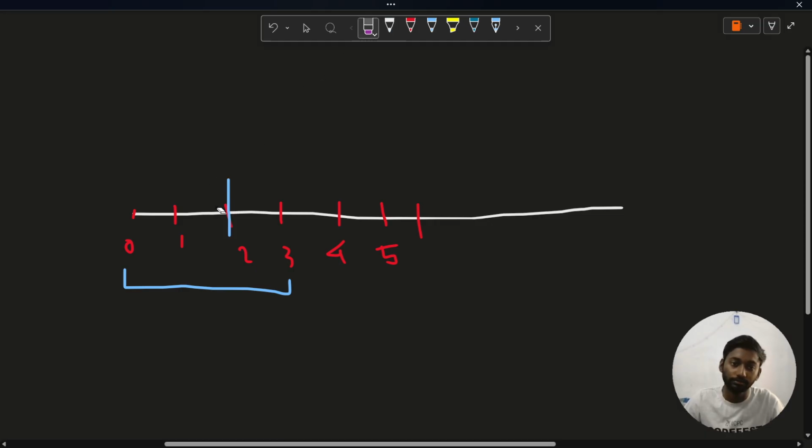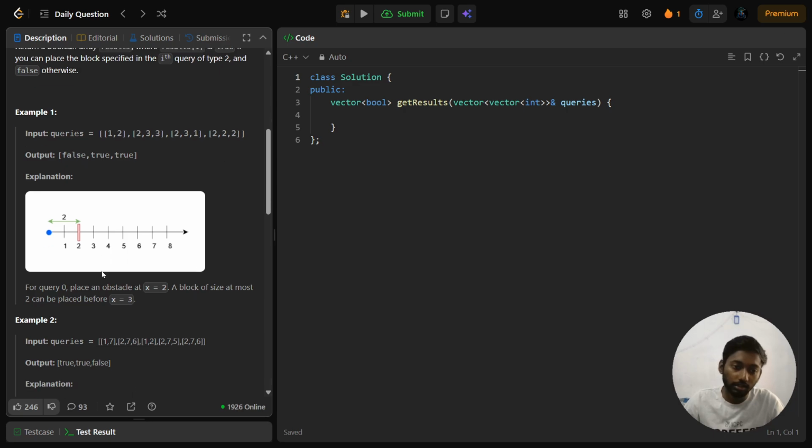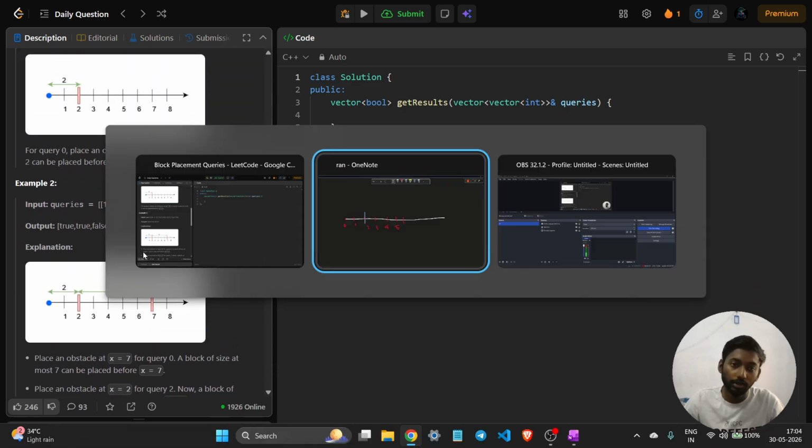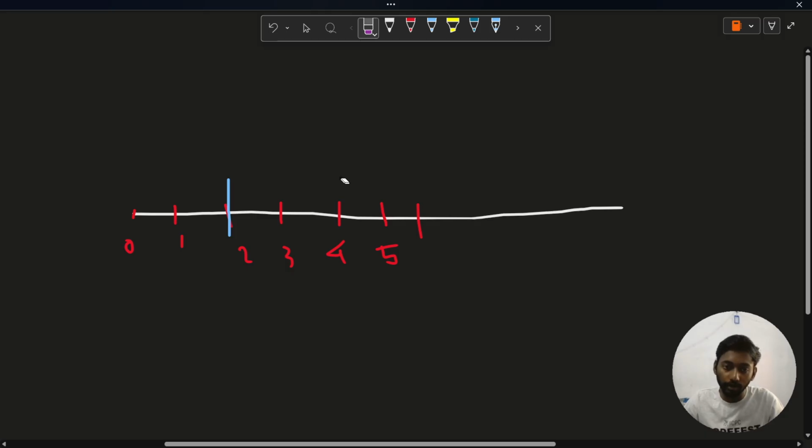So this is the problem. We have to just return yes or no. So what can be the idea? First, if you think of this in the brute force way, we will create a kind of vector or something. Then we will mark the index where we have to place an obstacle. And for each query of type 2, we have to just run a for loop and check if we have